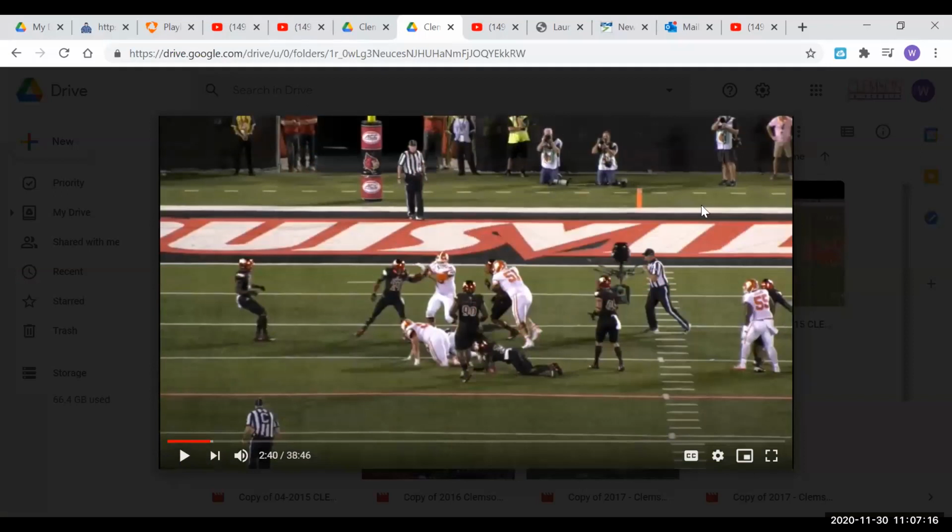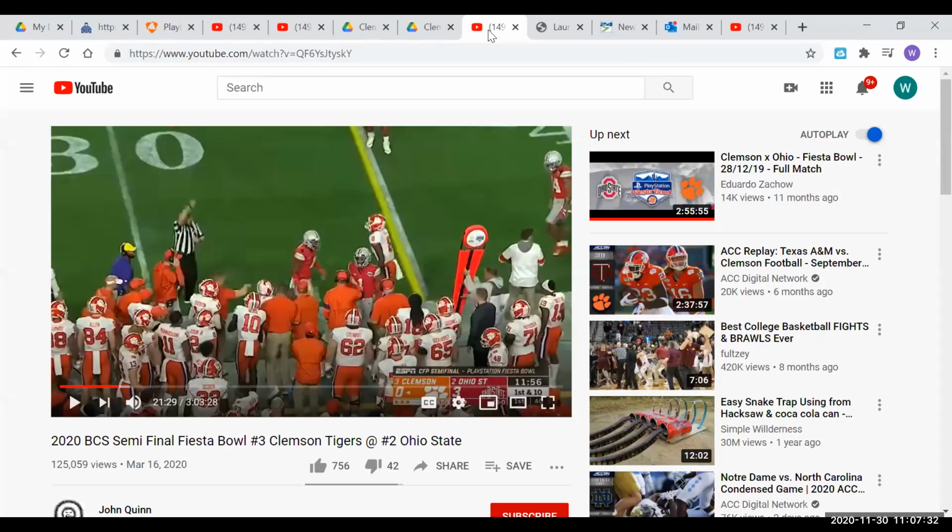Inside zone isn't really something that you give it and you're going to bust it for 100. It's something that you get 4 or 5 yards, you're pretty happy with it. Occasionally you're going to bust a long one, but you're less likely to do so than some of your gap runs. All right, the last one I'm going to show you is from the Ohio State game last year, and